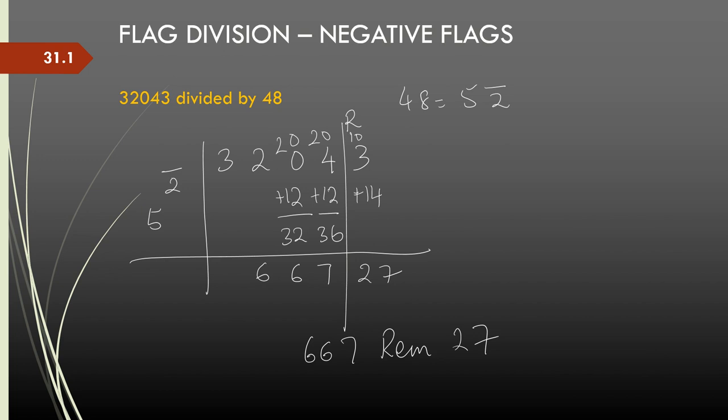If you notice, this is slightly simpler than trying to do the same division with 48, because you will run into the 8 table and potentially one of the quotients might become negative, and then you will have to go back and adjust. So, vinculums are especially useful in flag division.